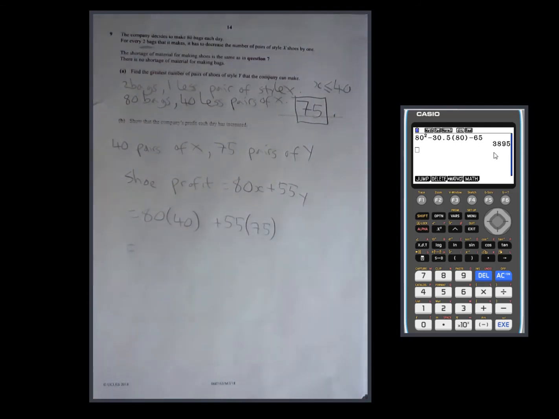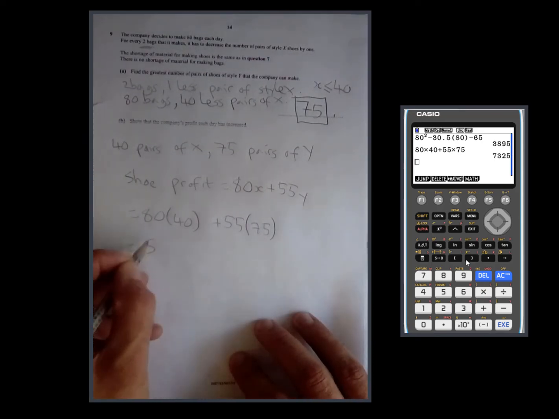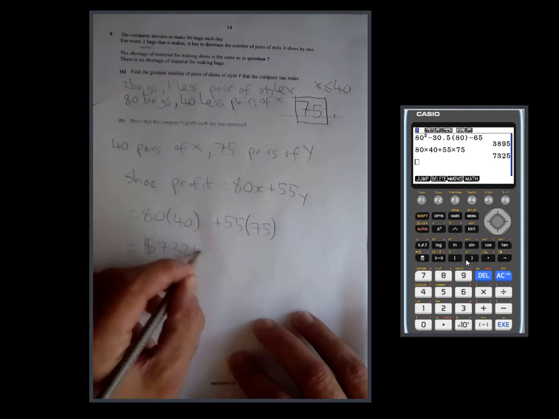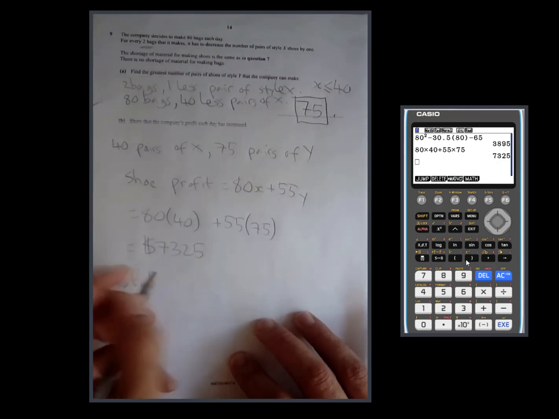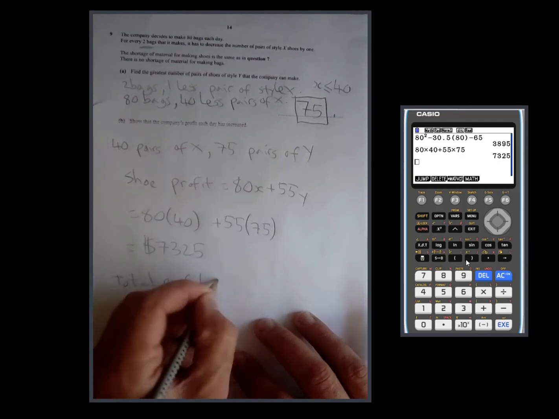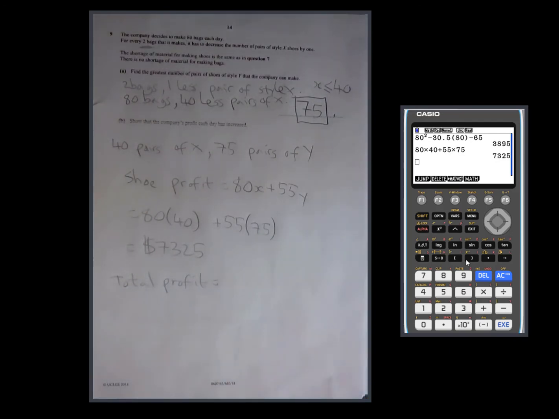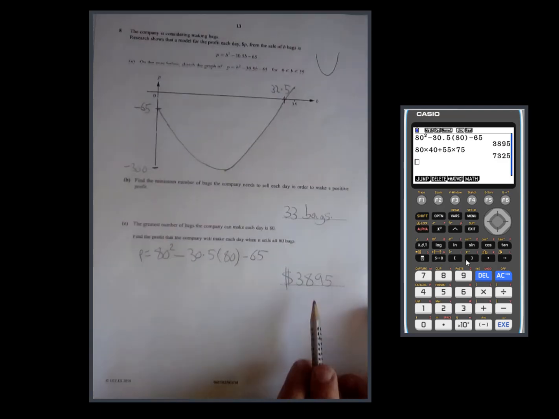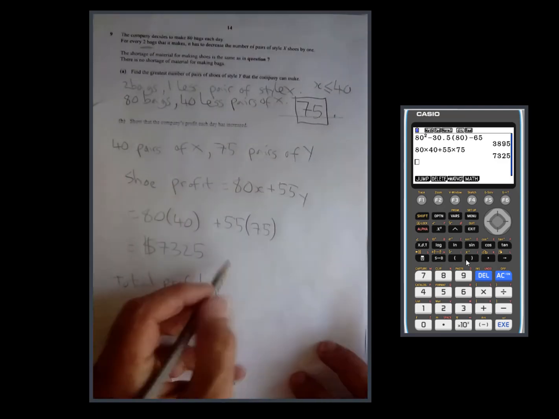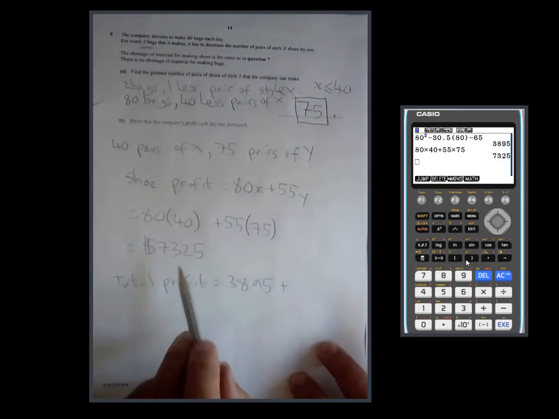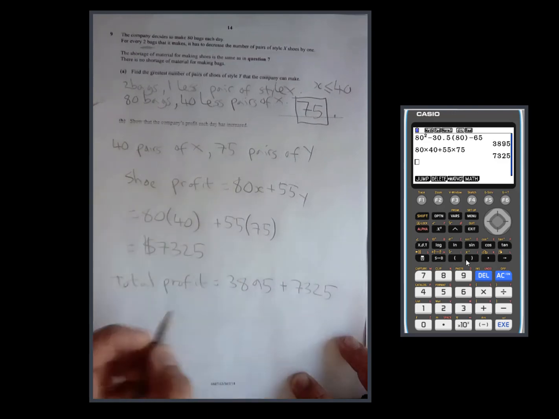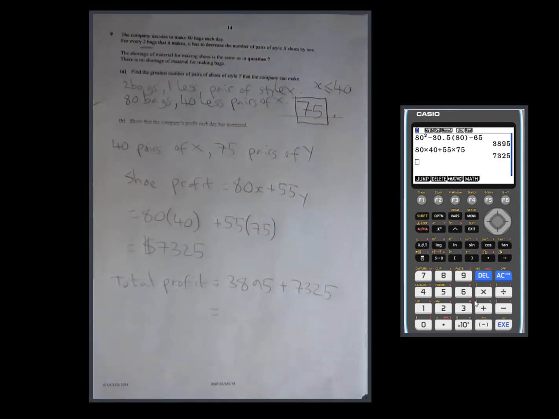Go to our calculators. 80 times 40 plus 55 times 75. So the profit from the shoes is $7,325. So total profit for the company is going to be the bag profit, which was 3,895, plus the shoe profit that we just worked out, 7,325, and that is, if I just add on 3,895,